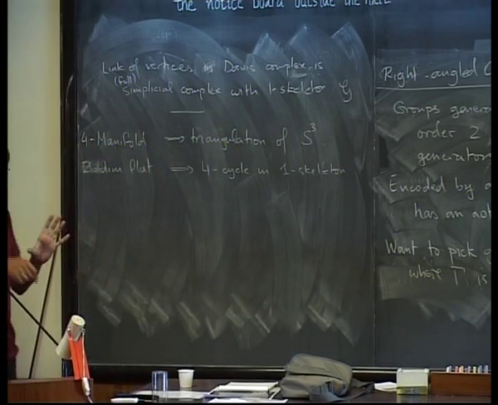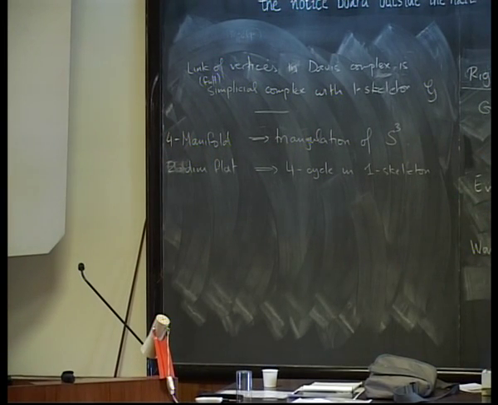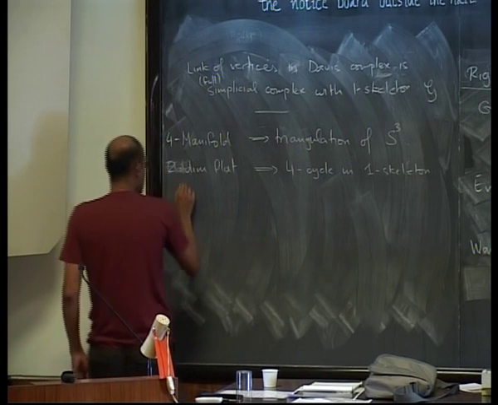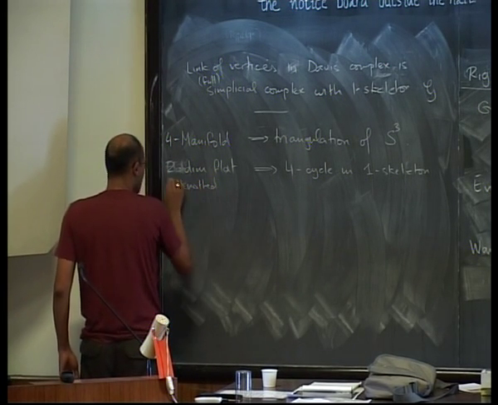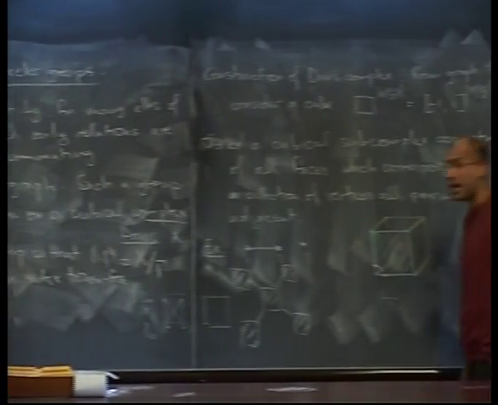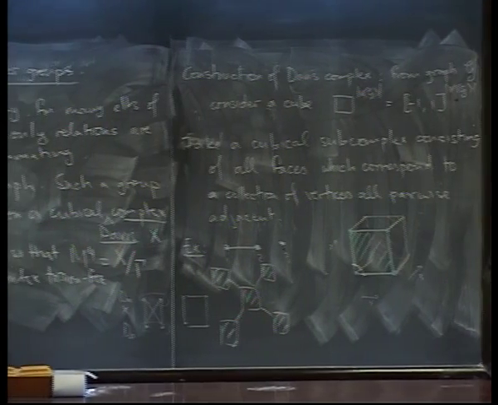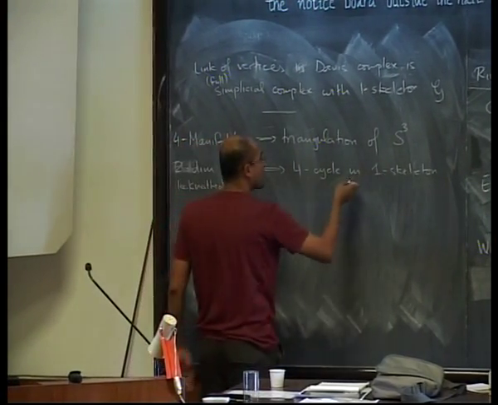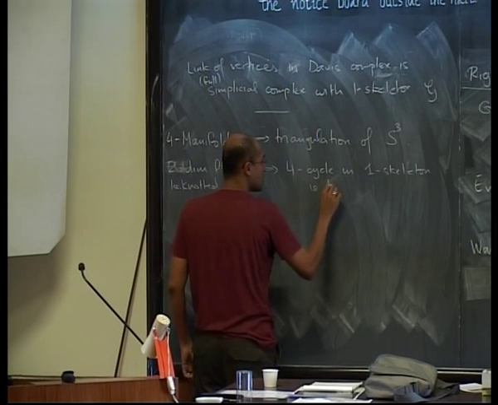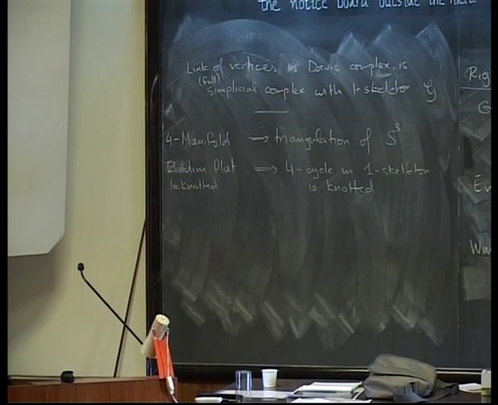And here by four cycles, it's important that none of the diagonals be in there. Okay? Neither of these edges are allowed. So locally knotted, well, I explained back here how you can think of the local picture at a link as given by the full simplicial complex associated with the graph. So locally knotted means that the four cycle inside this triangulation is knotted. Okay, so you want a triangulation of S3 with a four cycle which is knotted.